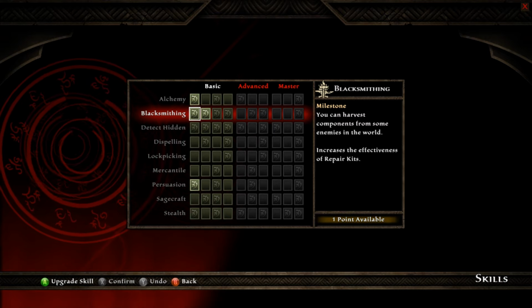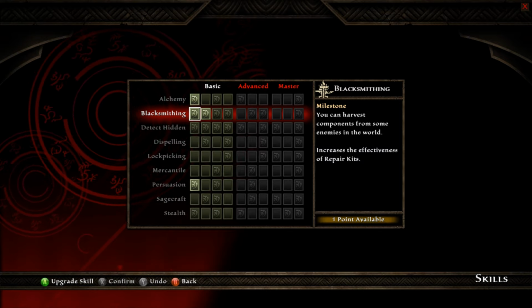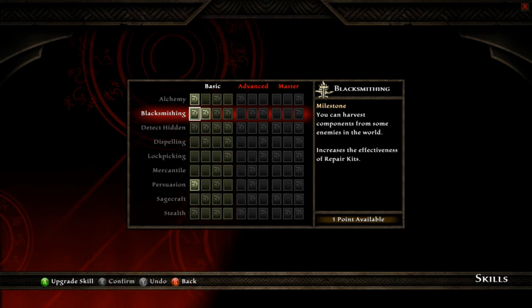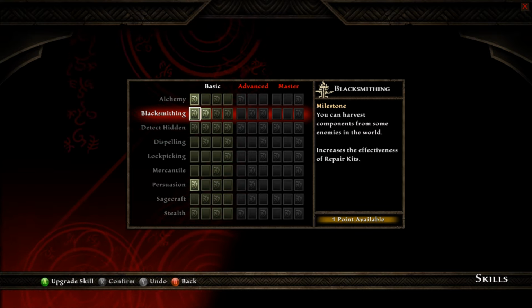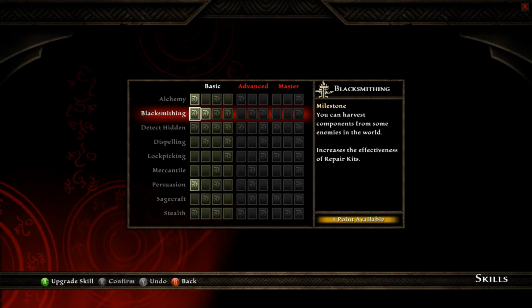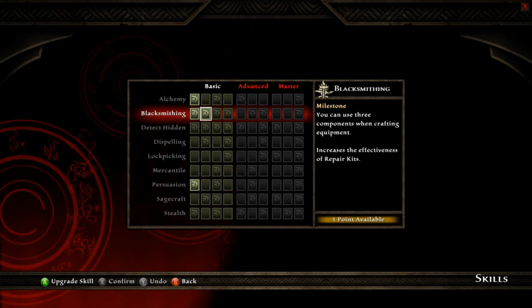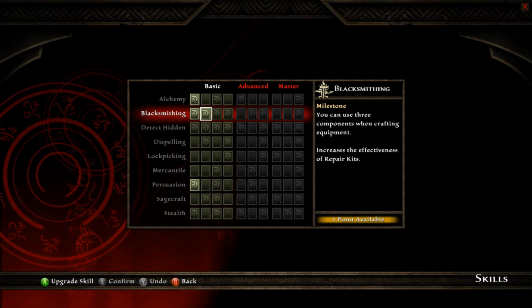You got your Blacksmithing, which is fairly straightforward. You can get materials and use them to create your own weapons, your own armor. Pretty much all the stuff you need, you can make it yourself. It's a great perk, that's why I chose the Almain, with this 2-point head start in Blacksmithing. As you can see, you can harvest components from some enemies in the world. I actually really don't know which ones you harvest from, but the second one, you can use 3 components when crafting equipment. Now that is important